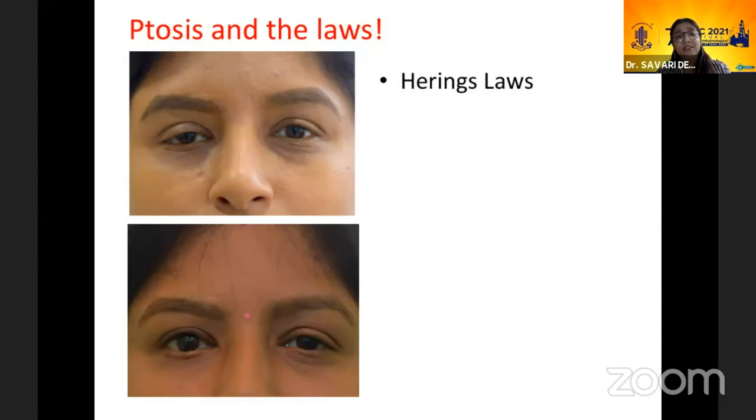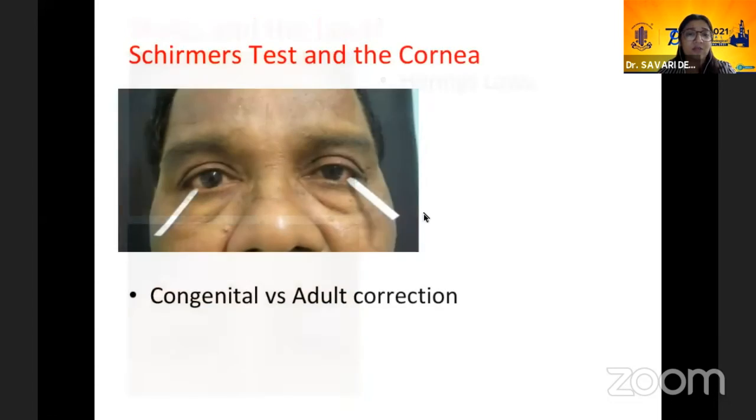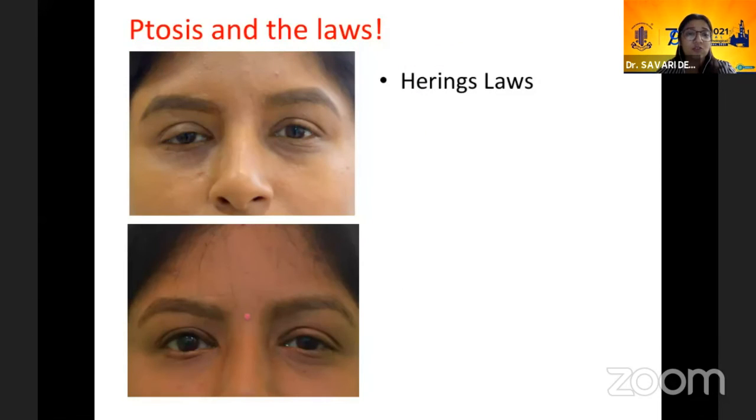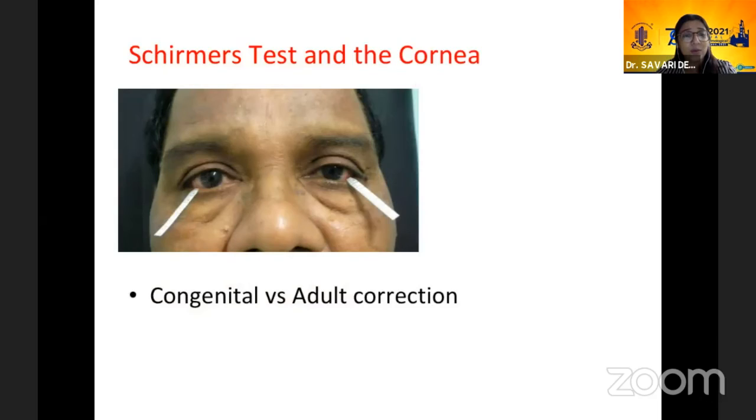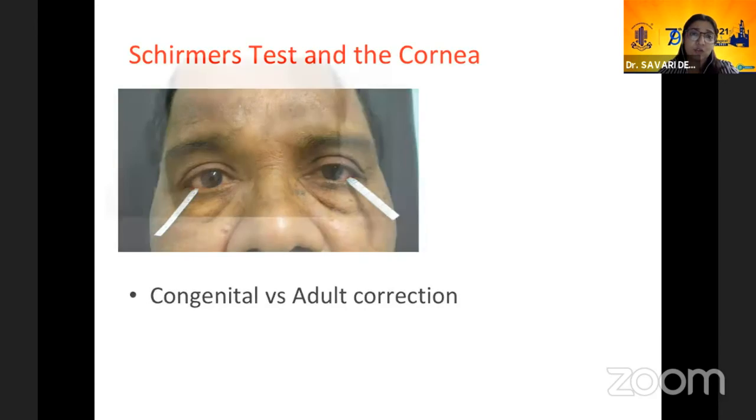So when the eyelid is corrected, as is seen in this case, there is a drop and the patient often feels that something has been done, that while you have corrected the ptotic eyelid, the other side has worsened. And this Hering's law is extremely important and is a red flag and needs to be informed to the patient prior and shown, because the correction needs to be titrated accordingly. Finally, coming to Schirmer's and the cornea. Schirmer's is an extremely important test, especially in adults, because while in children the cornea adapts quite easily, in adults often it can lead to dryness and exposure.